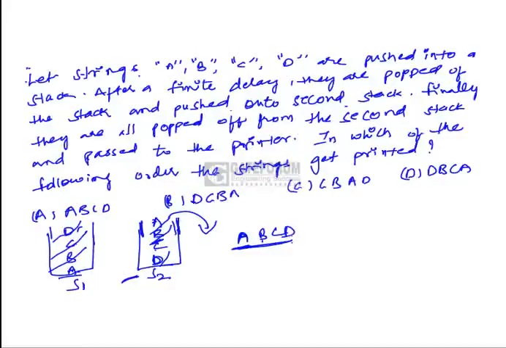So here the order of the elements in which they are printed is ABCD, which is option